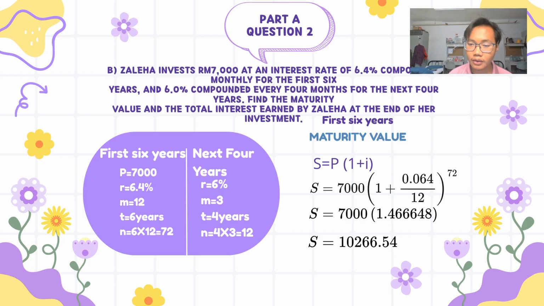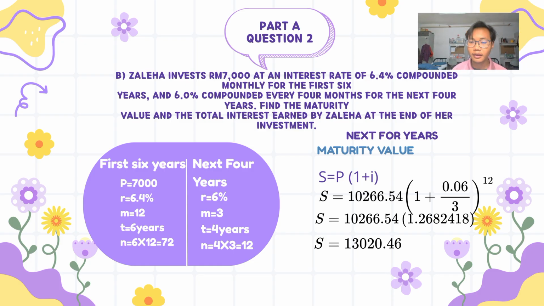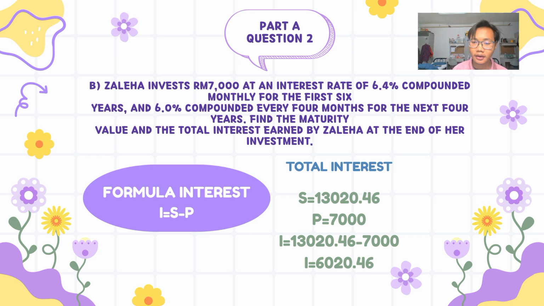Maturity value is S equal to 10,296.54. So for the next 4 years we use the past maturity value as the principal in this formula. So the maturity value we get is S equal to 1320.49 ringgit. So the total interest we get is